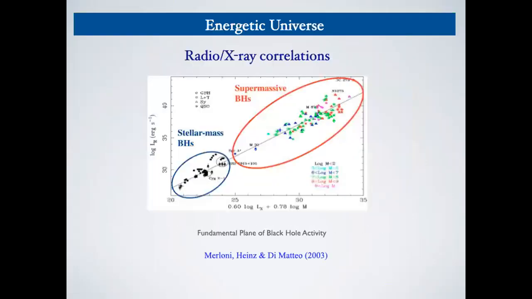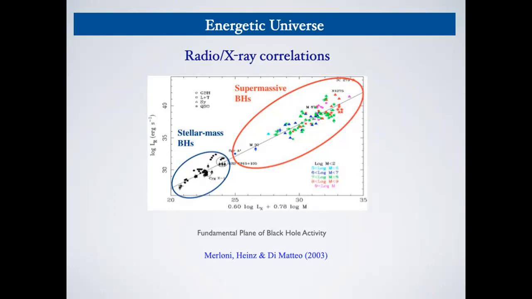All right, so now coming to the energetic universe, I'll show again the plot of the radio luminosity versus the X-ray luminosity for the whole sample of stellar mass black holes and supermassive black holes. And this particular area where this correlation lies is called the fundamental plane of black hole activity. If you zoom in on the stellar mass black hole area,